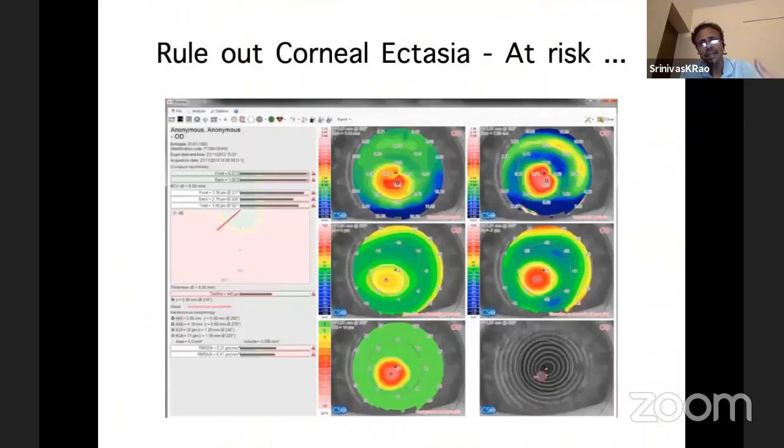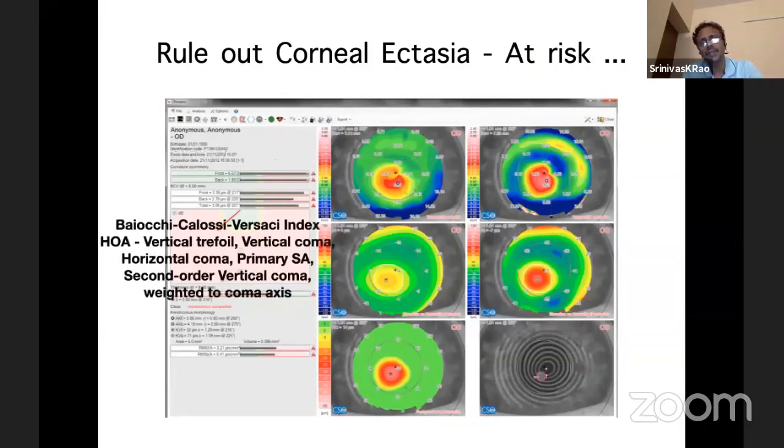Now, the Sirius machine that I use, and if some of you are exposed to it, does pretty much the same thing. It looks at the vertical asymmetry here, so basically of the tangential curvature map. So this is similar to the I minus S that I told you about in the early Rabinowitz data. And the way it looks at it is it gives you a color bar. So when you end up in the green, it is normal. When you end up in the yellow, it is suspicious. And like here, if your value is in the red, it is abnormal.